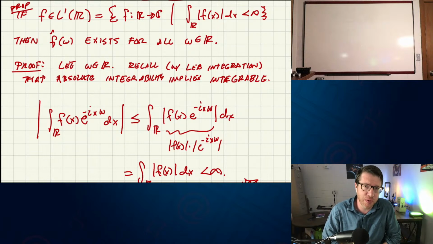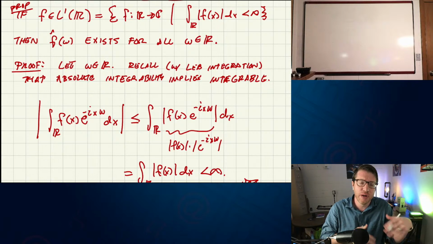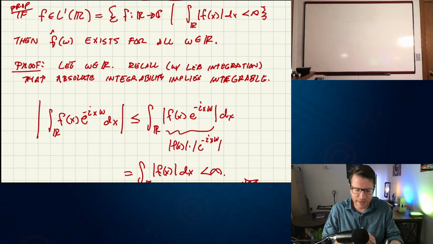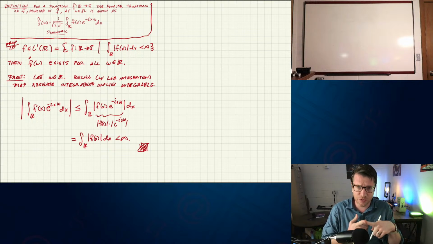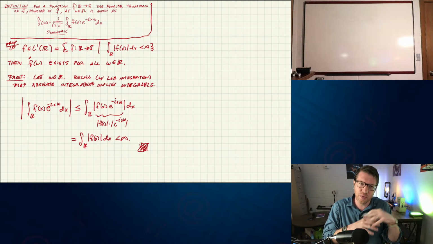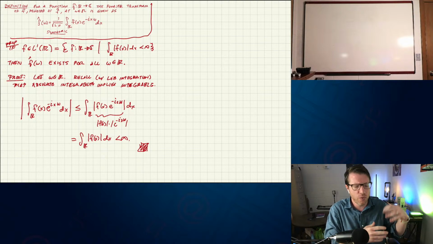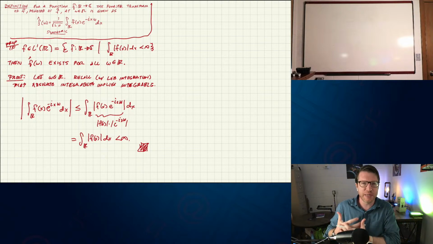Not only do we want to work with that class of functions, but ultimately we want to show that Fourier transforms exist for not just L1 functions, but that they could also exist for L2 functions and even distributions. But we can't get to those yet. That takes a little bit of time. So the Riemann-Lebesgue lemma that we're using is going to help us show that this will send what are called Schwartz space functions to Schwartz space functions.